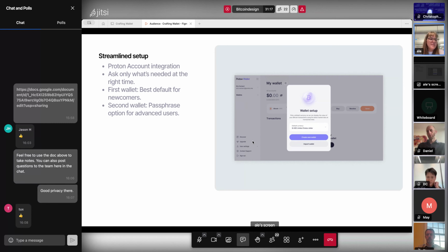So usually we always try to hide the advanced information, but we always keep advanced options that, when the user clicks, show all the more tech savvy features. And in the second wallet, we say, let's reassure these people, and let's already add the option for the passphrase.